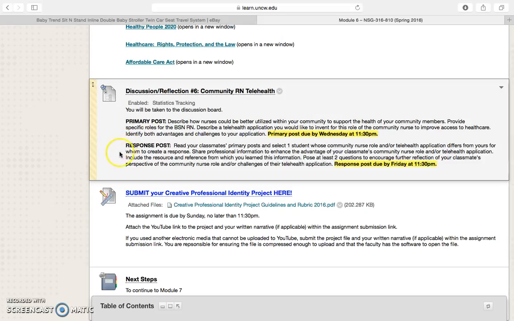Now be careful here in your response post. One of the things that Miss Lindsay and I are noticing is that we're having some problems with all of the parts of the response or primary post being executed. If you do not complete all of the parts of the discussion, you will get points off in your discussion grade for that week. This week, we would like for you to find somebody whose telehealth application differs from yours,